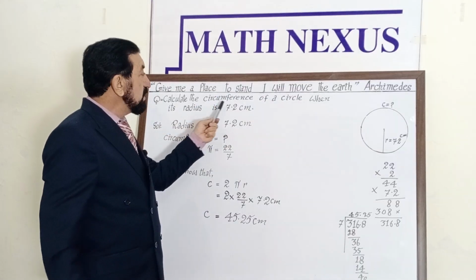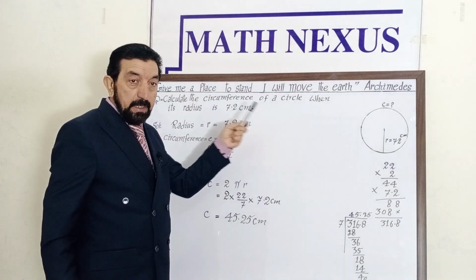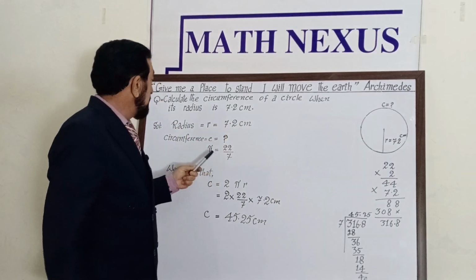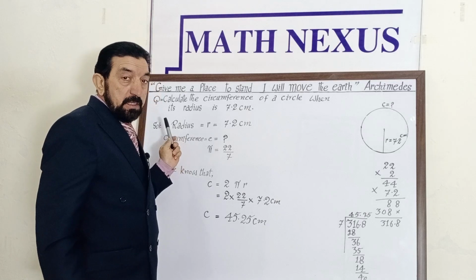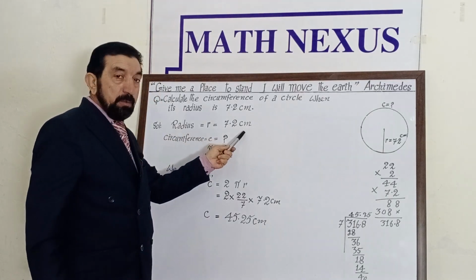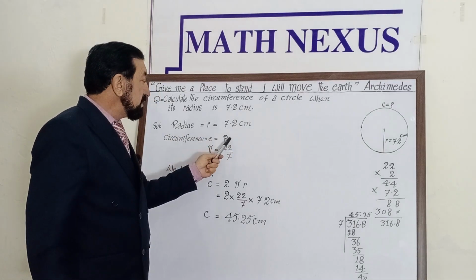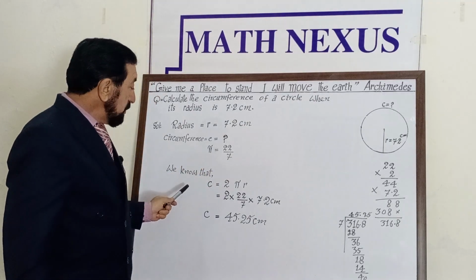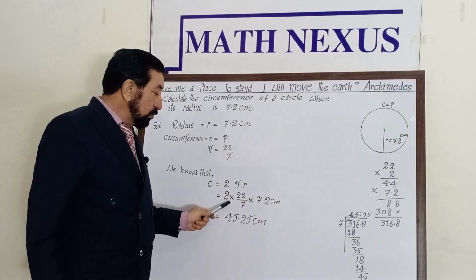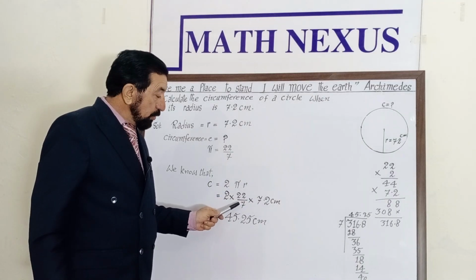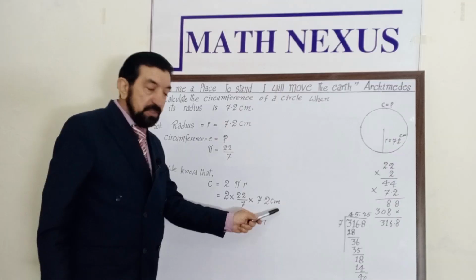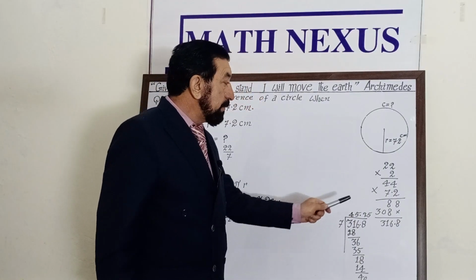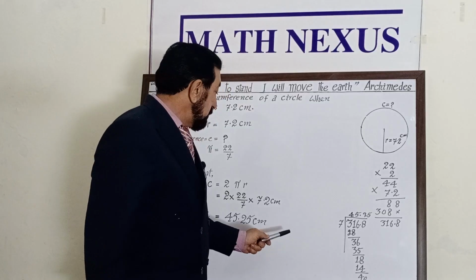Question: calculate the circumference of a circle having its radius is 7.2 centimeter. Solution: radius equal to r equal to 7.2 centimeter, circumference equal to unknown, pi equal to 22 upon 7. We know that c equal to 2 pi r, 2 into pi 22 upon 7 into 7.2 centimeter. 2 into 22 equal to 44. 44 into 7.2, this is equal to